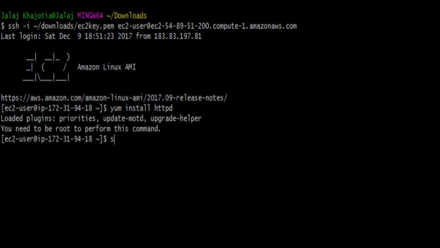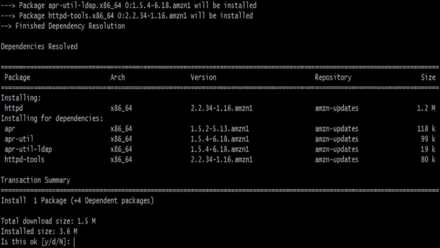It's asking for the root permission. So we are in the root. It's asking for confirmation, you better say yes.